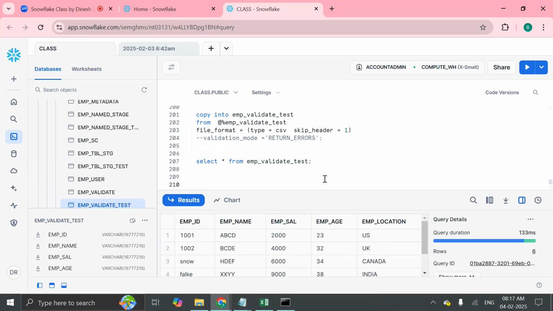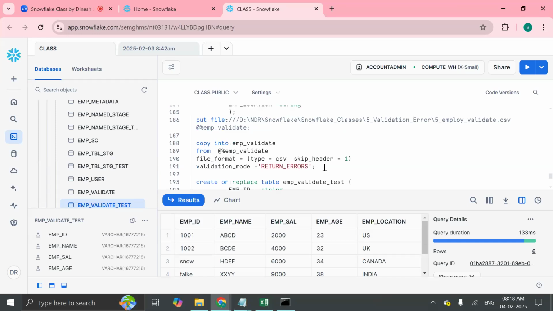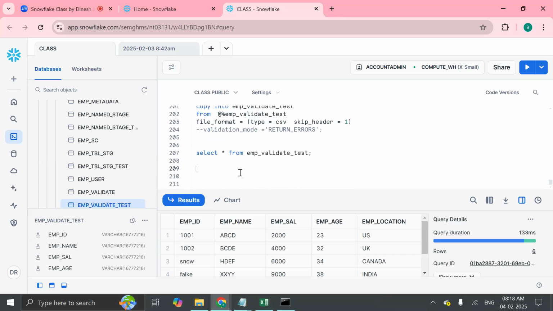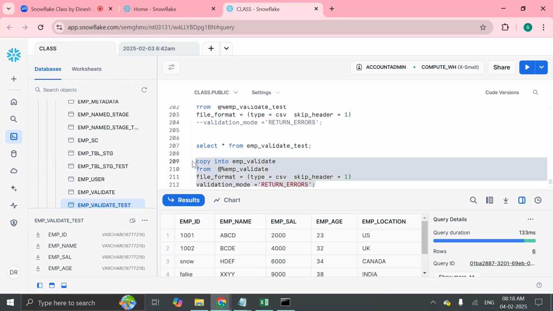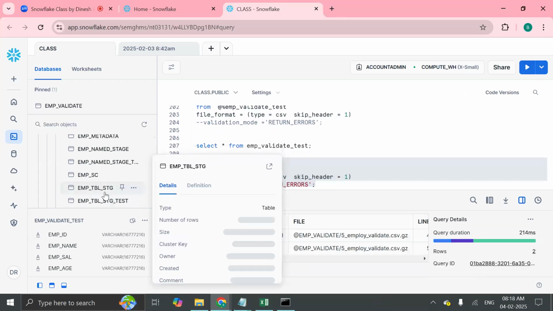Before loading the data only, you can check, right? And if it is not having any errors, it won't allow you to load the data. By using validation mode, it will not allow you to load the data. Now in the first one, if I use this table, which has the same structure, and when I am using this validate table, this table emp validate,